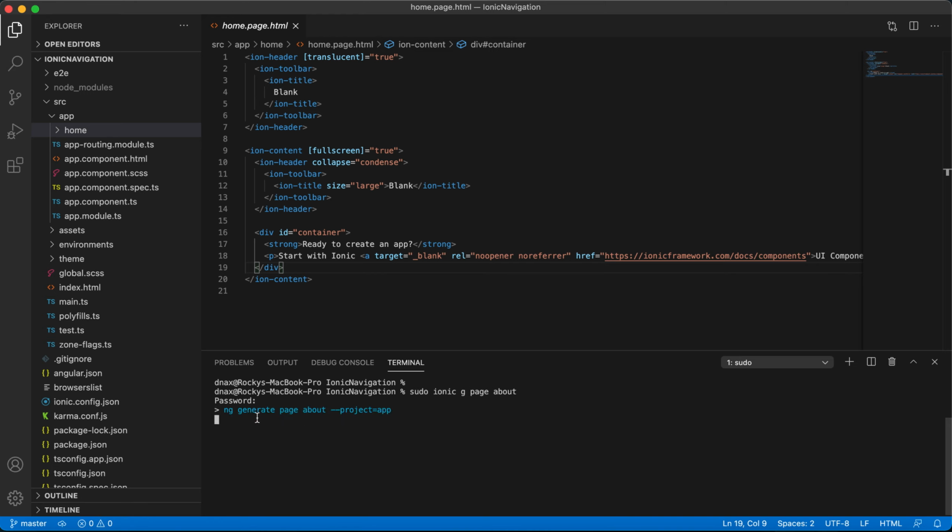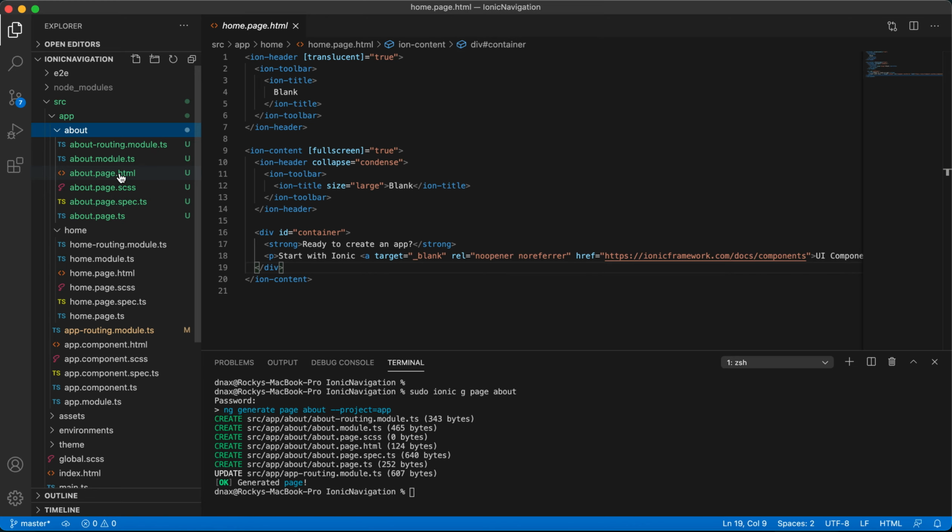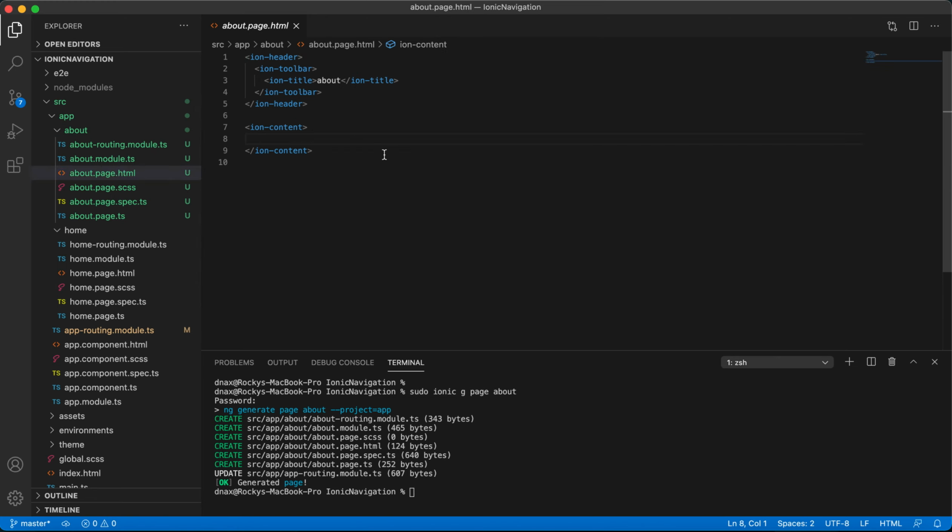So ng generate page about. See, the about page has been created, and all the files, the page.ts, the module file, the routing module, everything has been created. Now we will just go to the about page. See, here we can see the ion-content.